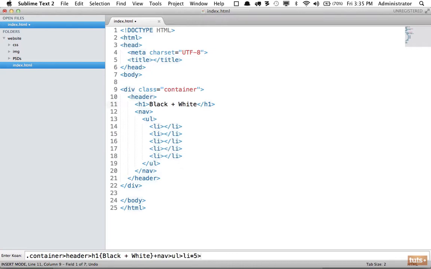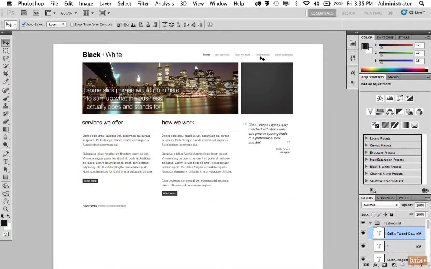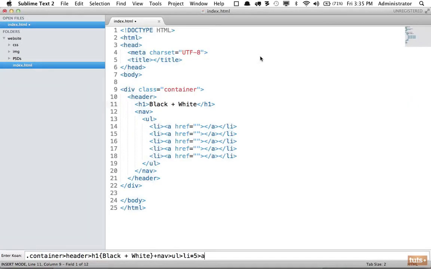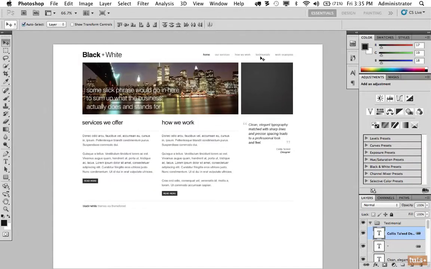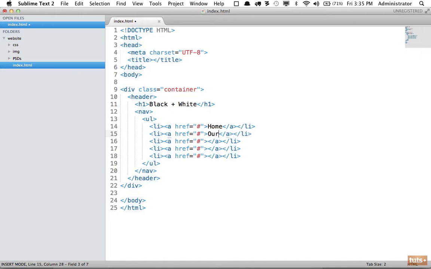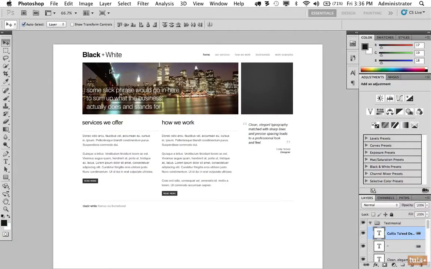And each list item, of course, should be clickable because it's a link. So we'll place an anchor tag that links to nowhere for the time being. And that looks good for now. So I will hit enter for that to take effect, and now I can tab through each one of these. I'm going to fill these in really quickly. So good, we are done with the wrapper and the header, but we should probably